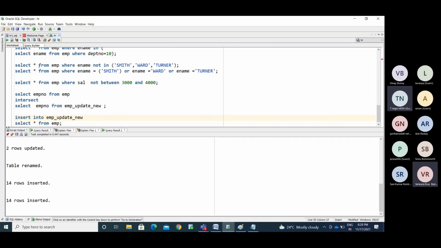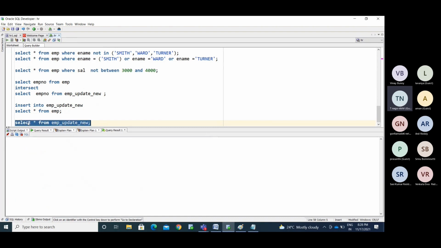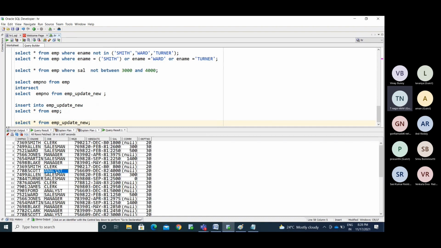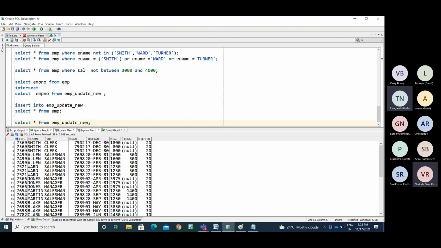I have inserted the data twice in the employee underscore new table. Now see, we have 39 records. How many distinct values do we have? See this.